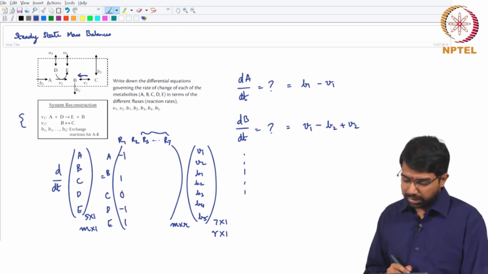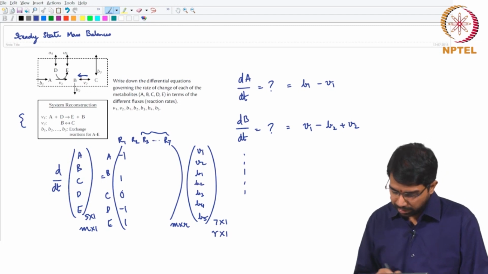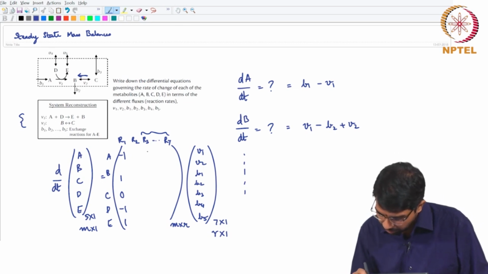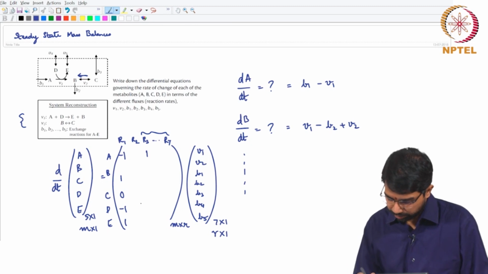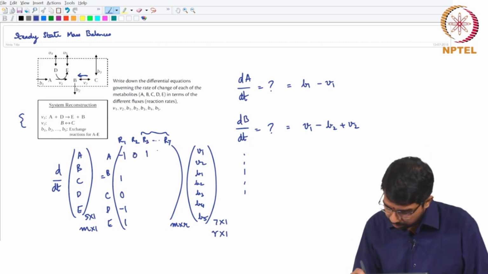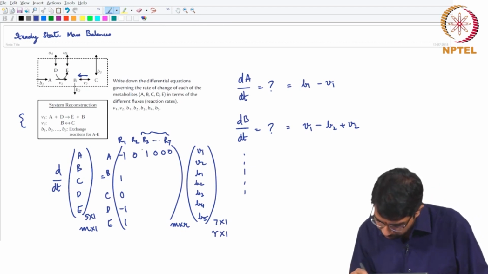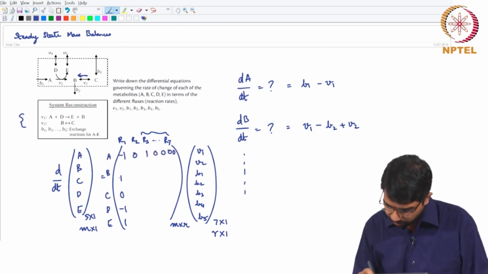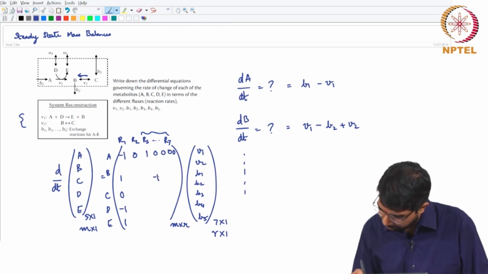So this is the first column of the stoichiometric matrix, and if you see, dA by dt will be minus 1 into V1 plus 1 into B1. Right. So the rest of them will all be zeros, you will have 4 zeros. Right. So dB by dt will be V1 minus V2 plus V2,